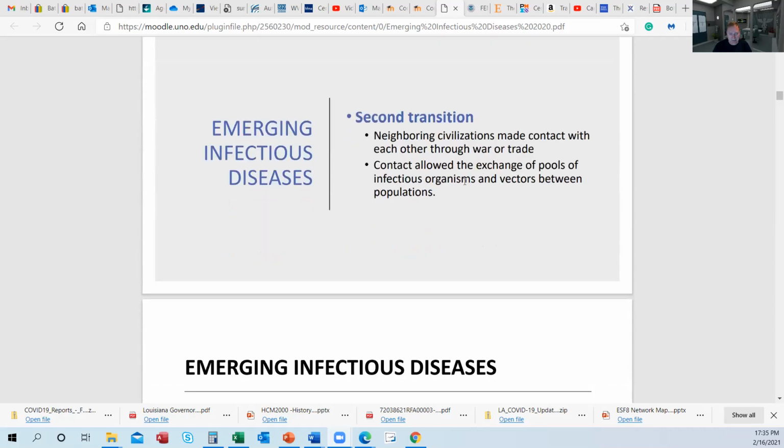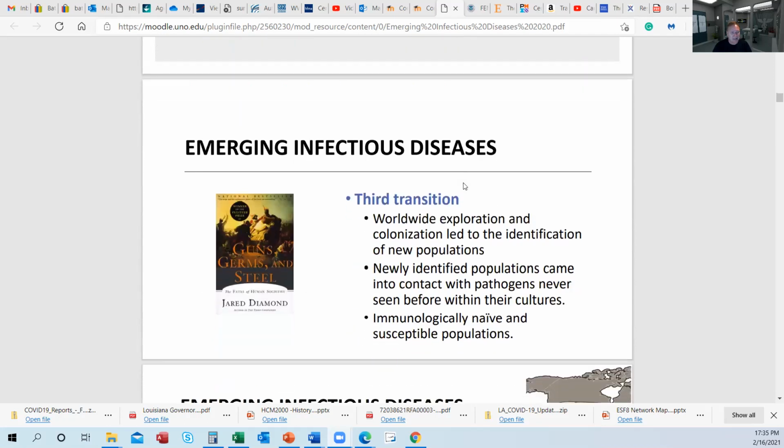Second transition, again, neighboring civilizations. Third transition is this worldwide exploration. And that's part of the challenge we have with germs today, is how quickly something can move from one continent to another, just simply because of how interconnected the world is. If you think about the number of people that fly through the world's airports, and certainly connected either New York Kennedy or Atlanta Hartsfield or Chicago O'Hare or LAX,